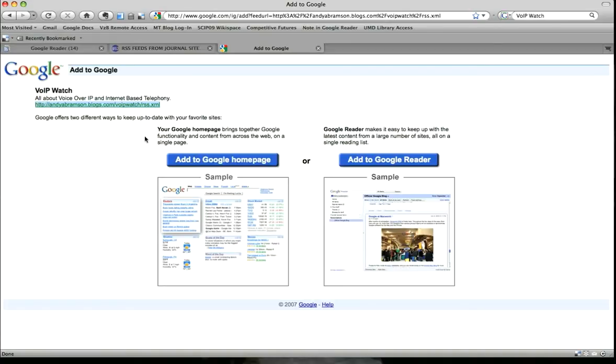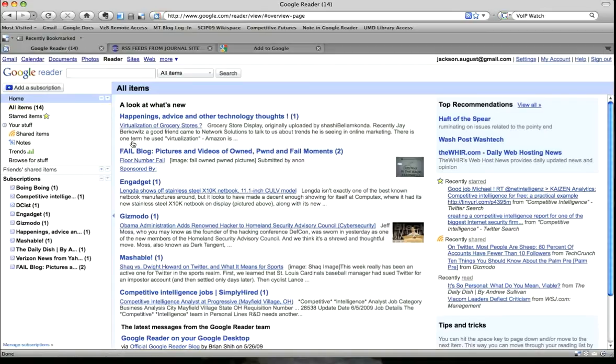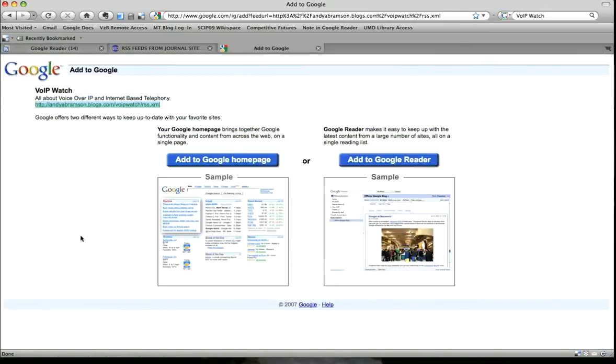We're going to use this as a learning experience. Something just went wrong. I'm not quite sure what went wrong, but you can see here that in the VoIP Watch page that comes up in Mozilla Firefox, I have the actual URL, andyabramson.blogs.com/VoIPWatch/RSSXML. Copy and paste that,